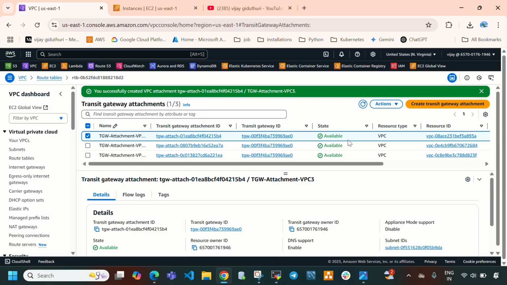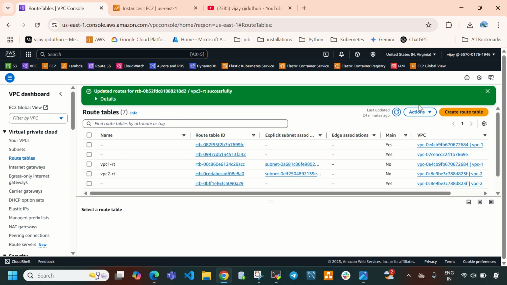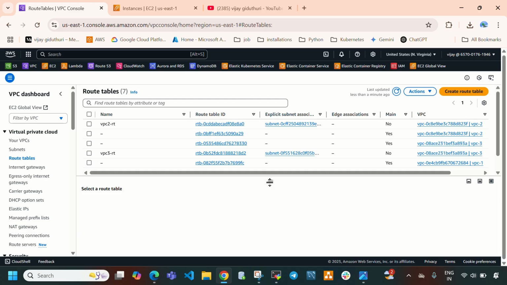Now we need to update VPC route tables. Meaning you need to update the route table inside each VPC to send traffic for the other VPCs through the transit gateway. Let me select route tables. Let me refresh this. We need to see three route tables.